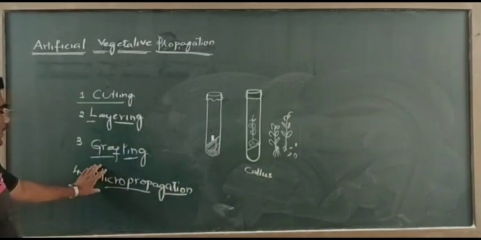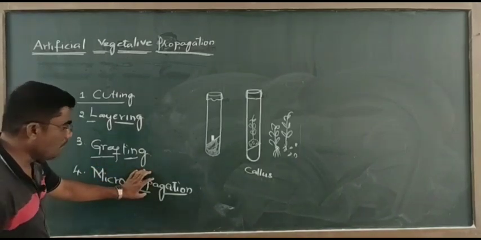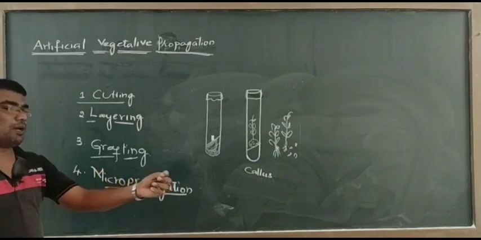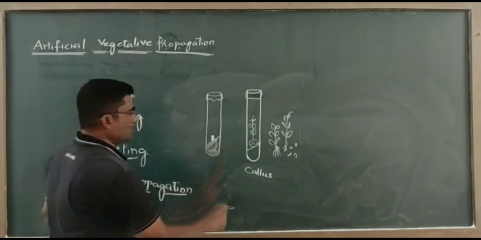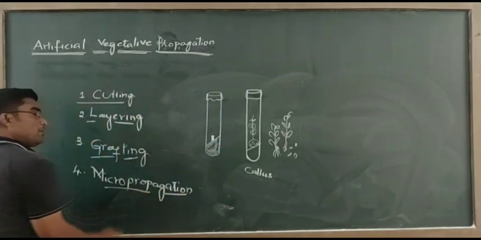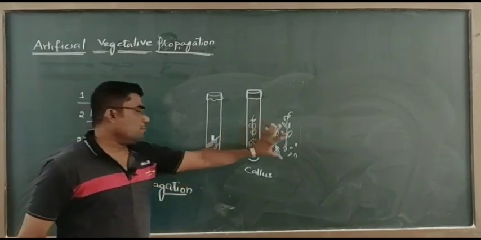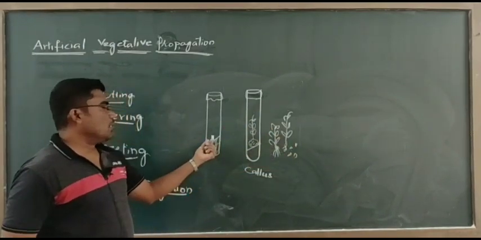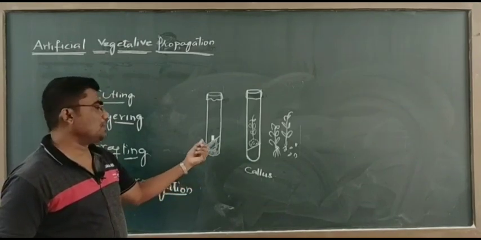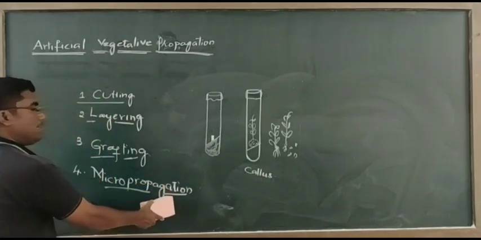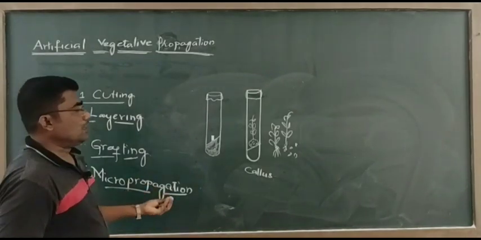So here this is said to be micropropagation. The name itself indicates it: propagation here means production. In micropropagation, reproduction is performed from a small part. This is the plant tissue culture technique, and micropropagation is very useful to produce more plants using a small part of the plant body, a small organ, cell or tissue. So micropropagation is a modern technique and a plant tissue culture technique.